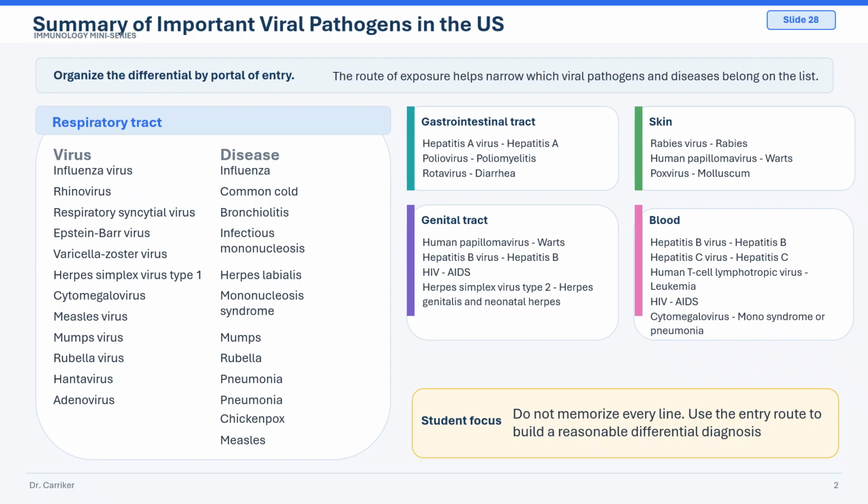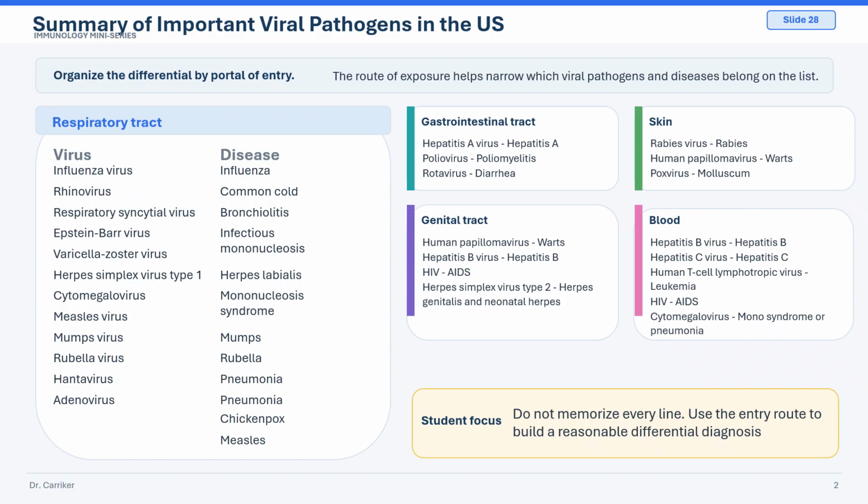If the symptoms are gastrointestinal, then viruses such as hepatitis A or rotavirus may move higher on the list. If there is a skin exposure, bite, or lesion, then we think differently. Rabies, HPV, and pox-related infections become more relevant. If the route involves genital contact or blood exposure, then viruses like HPV, hepatitis B, hepatitis C, HIV, and cytomegalovirus